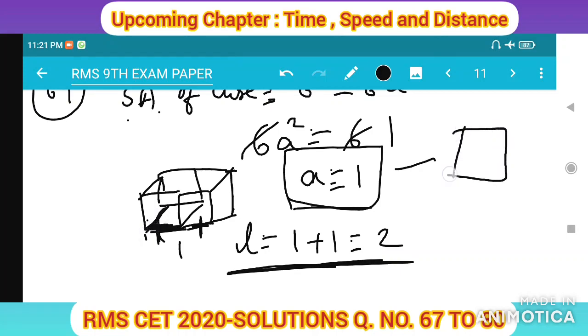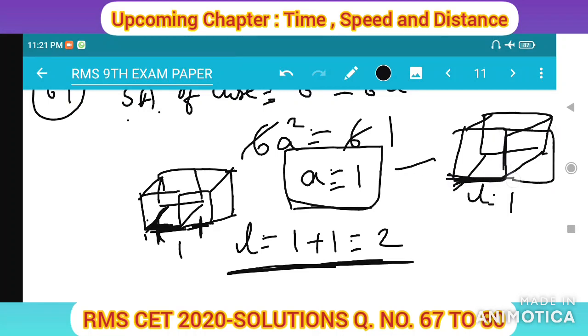Next, breadth and height. See, in the cuboid, this is the length L equal to 1 unit. Suppose this same cuboid I am joining here, like that. So what happened? The length is adding. Joined end to end means the length is 1 plus 1, 2, and the breadth is as it is, 1. Here the side is a, so the breadth is 1 and the height is also 1.